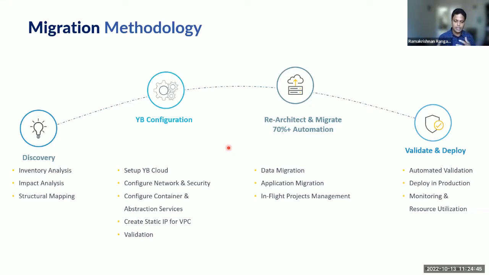And the last phase is validating and making sure that not only the historical data has been migrated successfully, but the ongoing ETL process and the reports and dashboards are also performing the same way, providing the same data accuracy after migration. And after that, we have deployment and production. And then, of course, we have monitoring and resource utilization. So these are the four distinct phases that we have as part of our migration methodology. And we have successfully implemented this methodology over very many successful migrations for several of our customers.